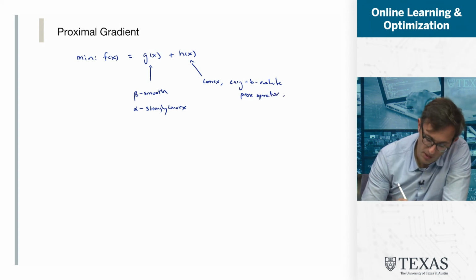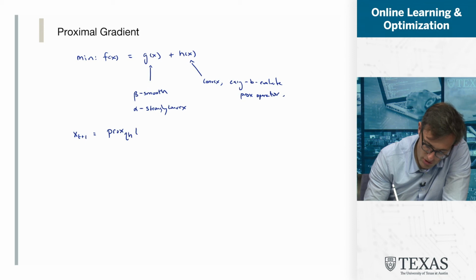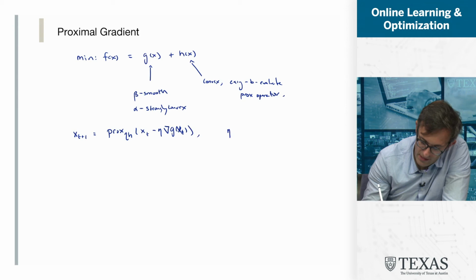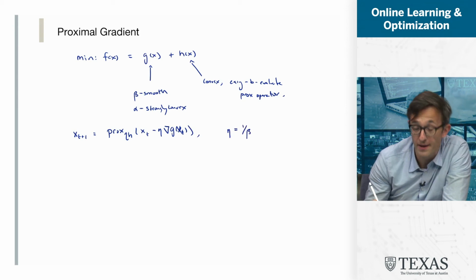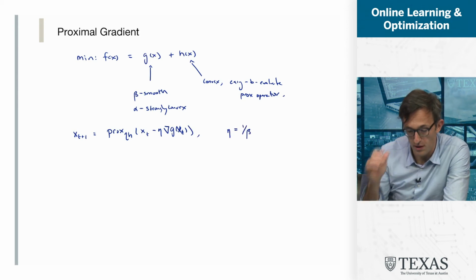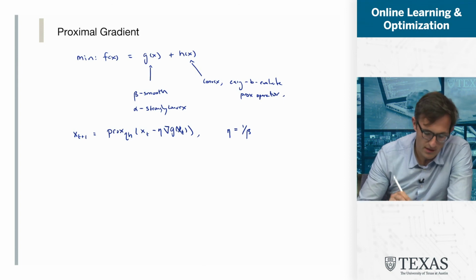Our algorithm is proximal gradient descent. x t plus 1 is equal to Prox eta h of xt minus eta gradient of g of xt. We're taking eta typically to be 1 over beta. Beta is the smoothness parameter of g. And we've defined the gradient mapping